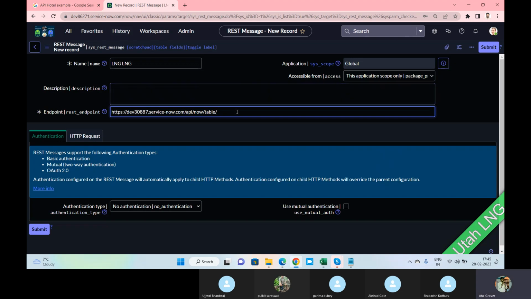Which table do I want to go to? I want to go for the incident table. Because what is this? This is the endpoint URL, where I have to go and deliver this letter. So you have to go to this particular address and go to this particular table. Let me move this incident as of now. I guess it's not required.